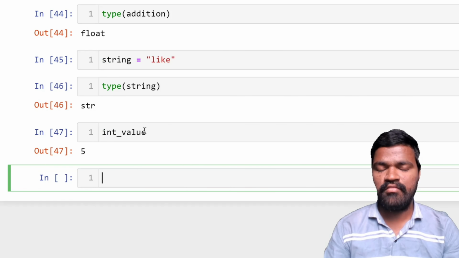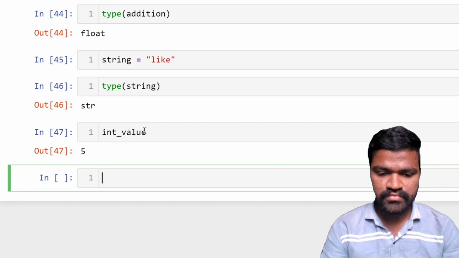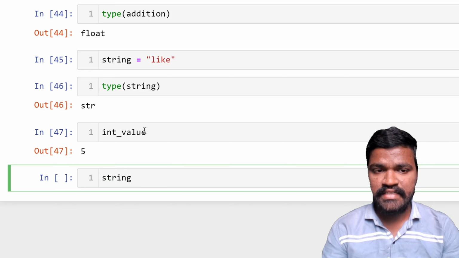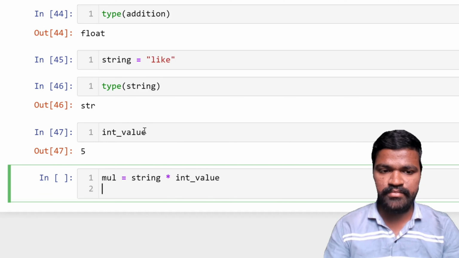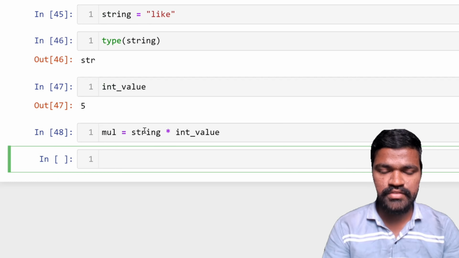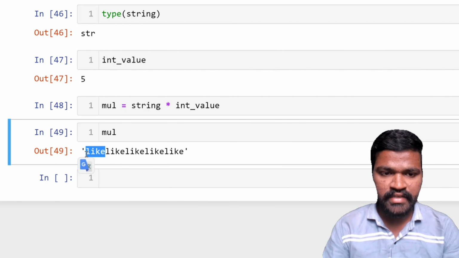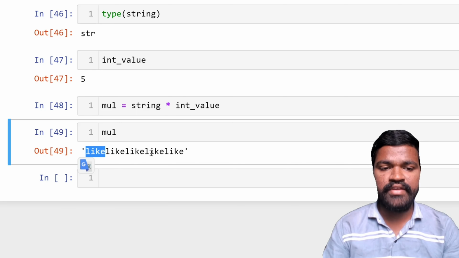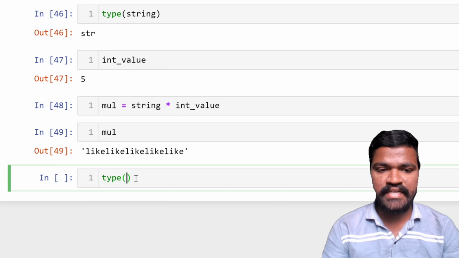What I wanted to do here is string multiplication. I have this string value and I am multiplying it with the int value. Let's say I wanted to store this in multiplication. If I execute this, I see like, 5 times, I am getting this like. And if I go ahead and see what exactly this type is,